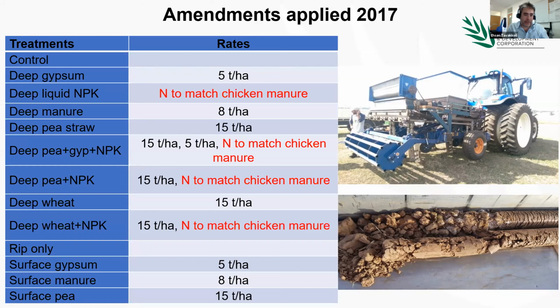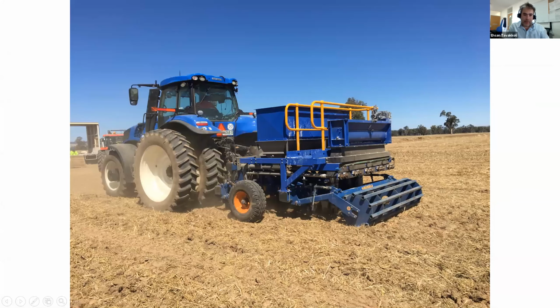because the subsoil is quite infertile, and we wanted to see what the possibilities are to make changes in this hostile subsoil environment. We used a machine, a deep ripper that is fabricated and designed in DPI New South Wales. With this machinery, we can apply organic amendments up to 20 tons per hectare. We can also add lime or gypsum from this box, and in front of this hopper, there is a liquid tank